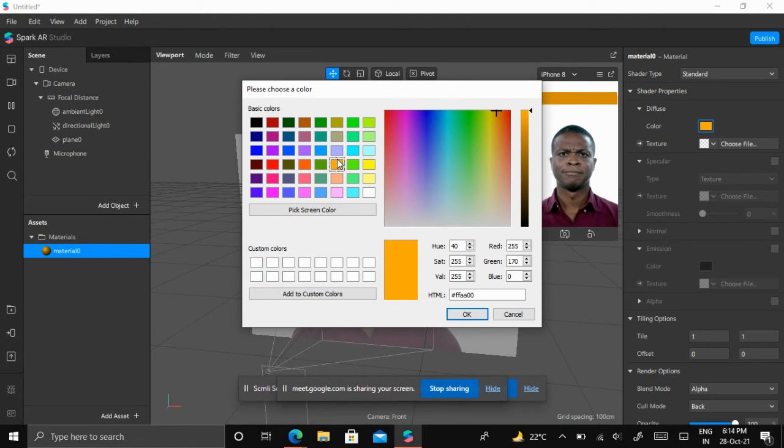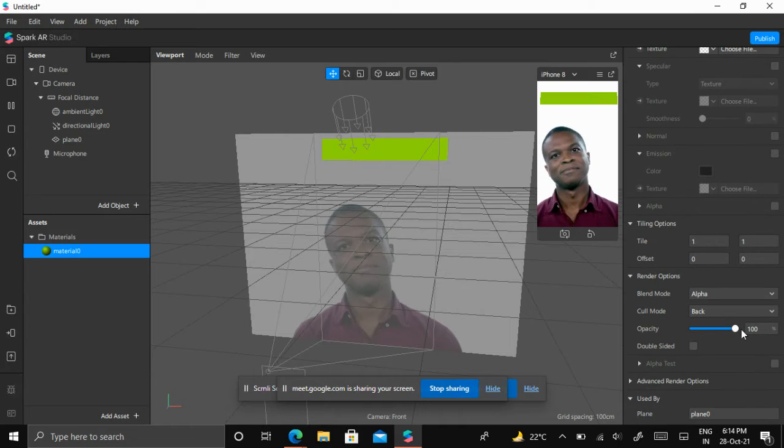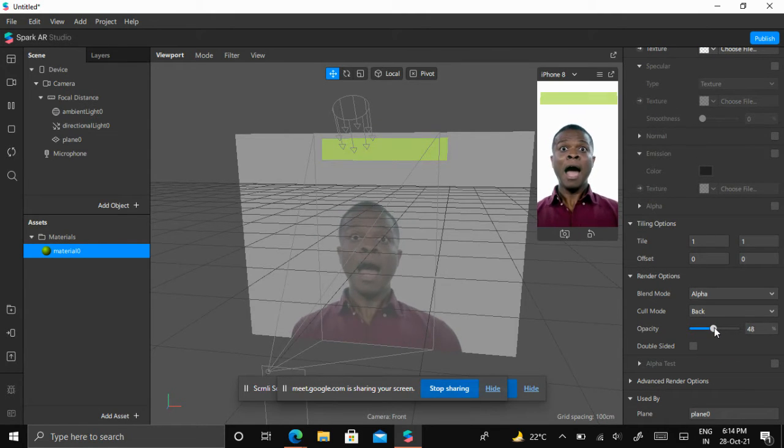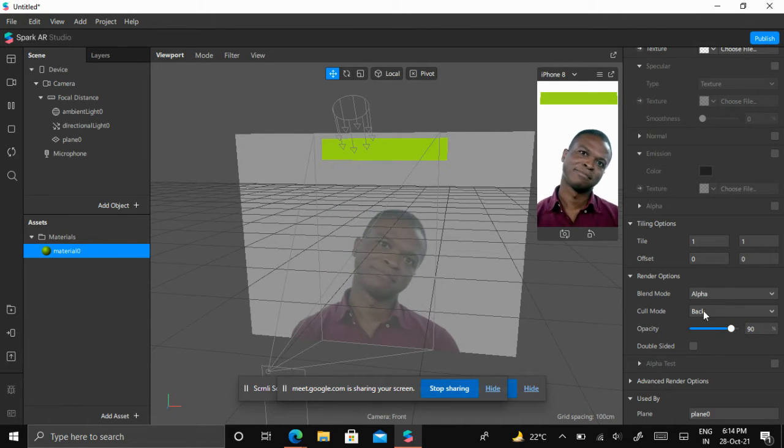Okay, orange. We can change to any color we want: blue, light blue, green, any color. And here you can also decrease the opacity of the color. You can lighten this, you can darken this, something like this.